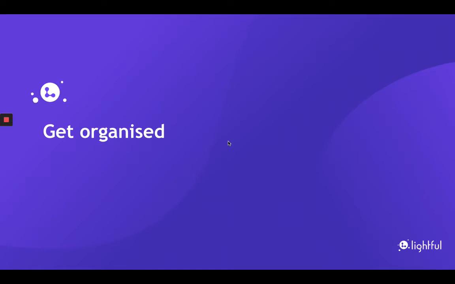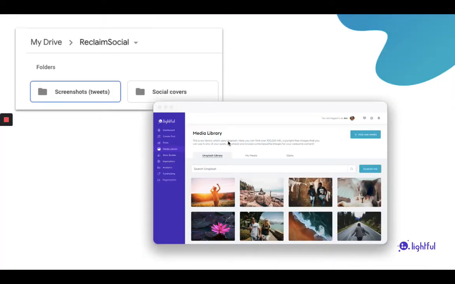And next up is getting organized. Copy, photos, and everything else you might need to set up your social media. The best approval process is only as good as the most organized person in your team. So tools like Airtable, along with the Lightful Media Library, you can combine the best bits of your copy, so let's say the most important statistics, your most relevant or recent impact statement, and your mission, as well as your best photos. If you're using a shared drive like Google Drive, you can connect that to the Lightful Media Library,